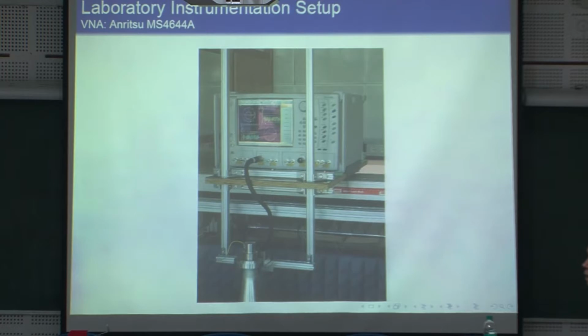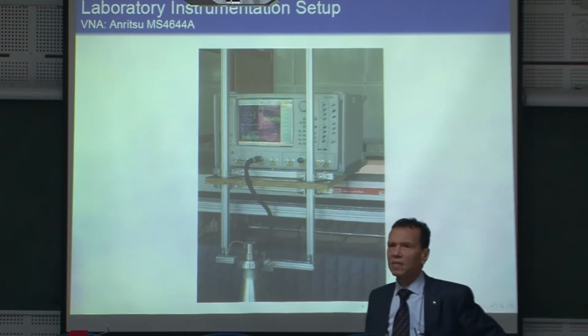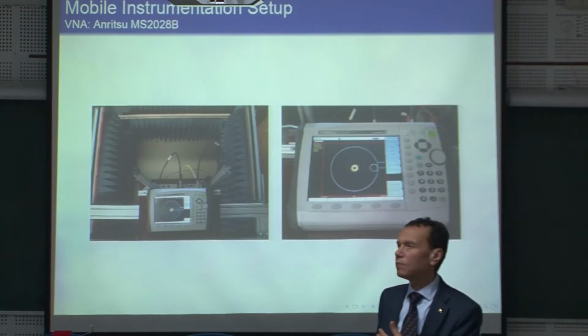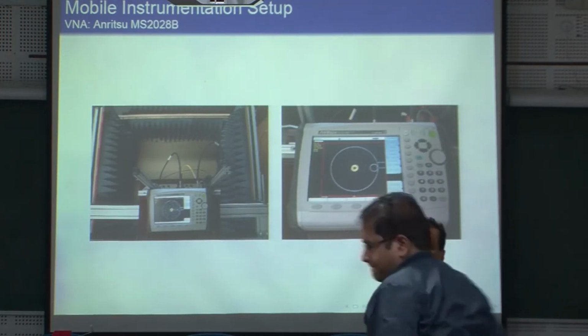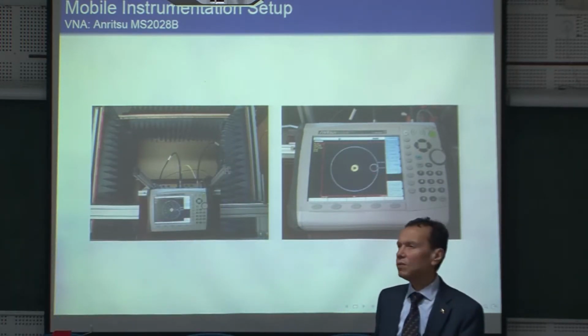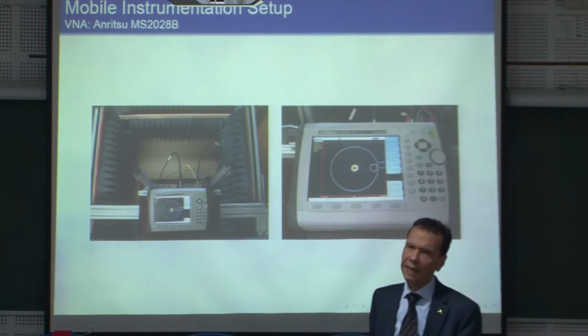So you directly measure S11, right? Yes. If you use a scenario with a single antenna, in this case, we measure S11. This network analyzer was up to 6 gigahertz. It was something like 26,000 euro. I can imagine now you can buy it maybe for 2,000 or something like that.